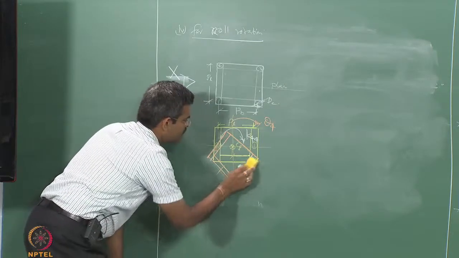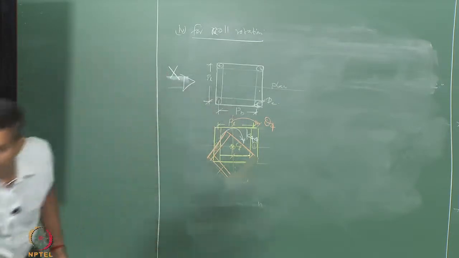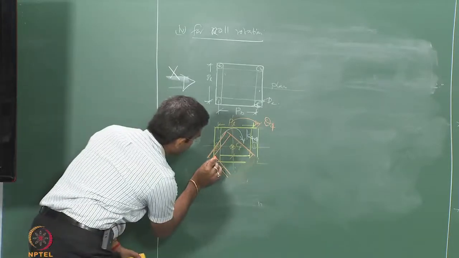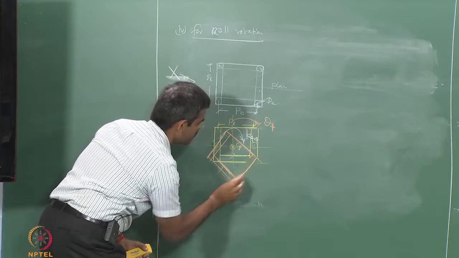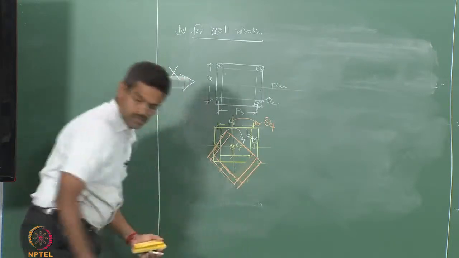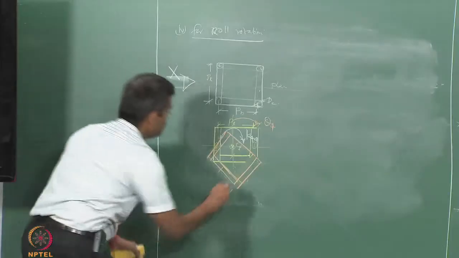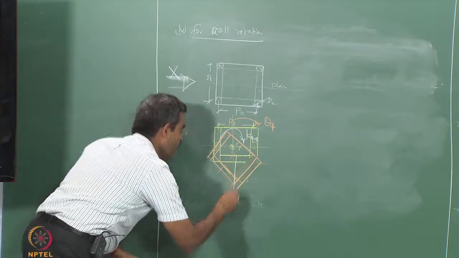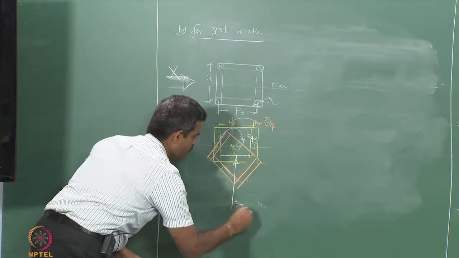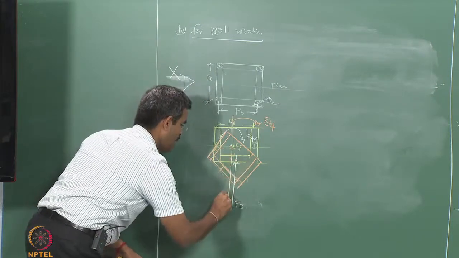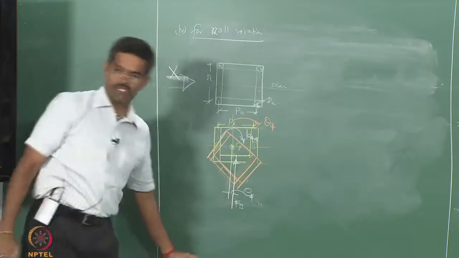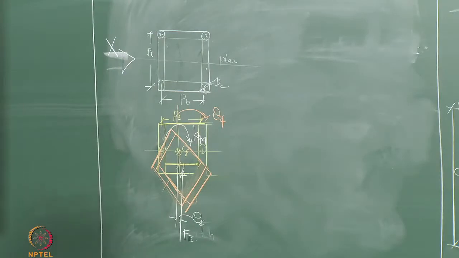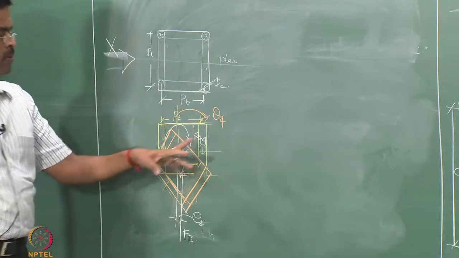Let us try to extend this slightly. Extend it here. Let me mark the new value FB here. This is my new value FB, which was the original value here. I call the offset of these E suffix 4. 4 stands for degree of freedom 4, which is roll. E is the eccentricity. Now how has this been caused? How are you able to give this rotation?